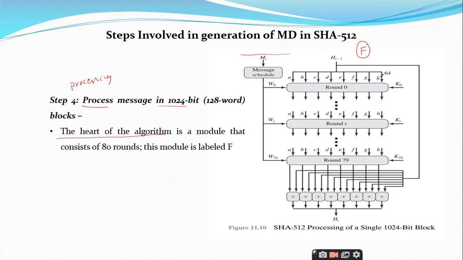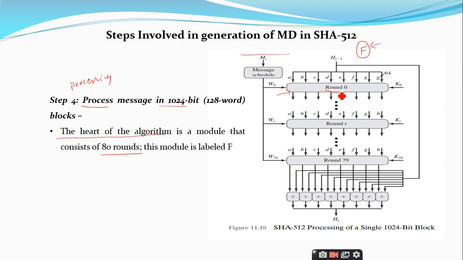By keeping this in mind, let us move to our discussion. You can see here that each and every function has 80 rounds. We have seen it in the table also. If you remember the table, SHA-512 has the number of rounds as 80. So the single F function represents the 80 rounds of operation. I will discuss one round and it will be repeated for 80 rounds. So round 0, let me discuss.